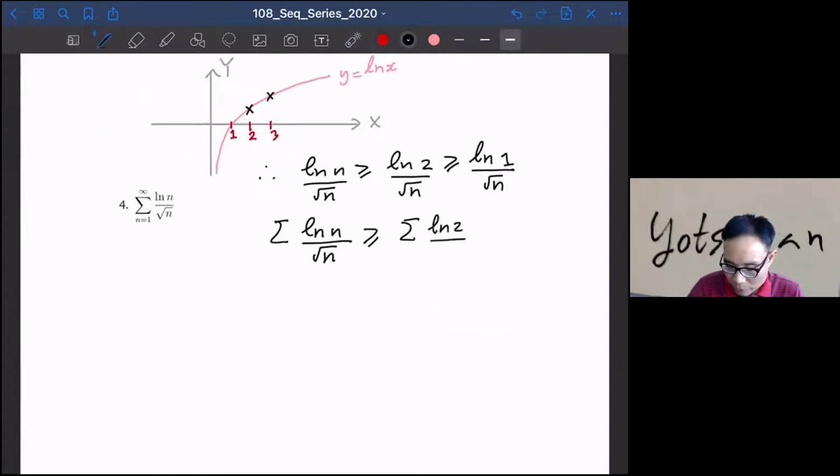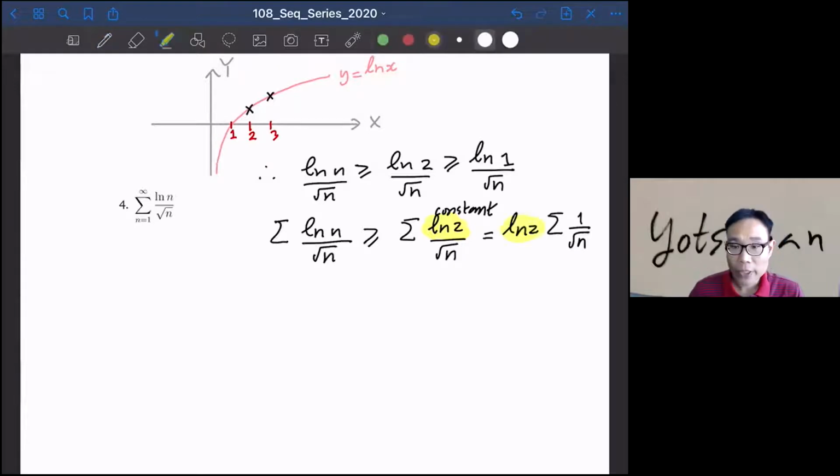So it's going to be log 2 over root n, and log 2 is constant. Okay, so log 2 is just constant. So this will become log 2 times the series of 1 over root n. And so you would get this series, and if you take a look at the series 1 over root n,